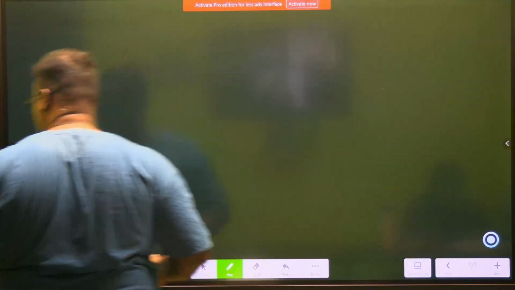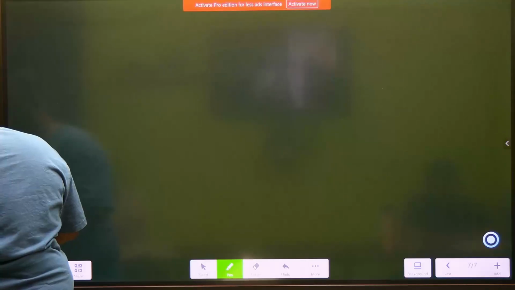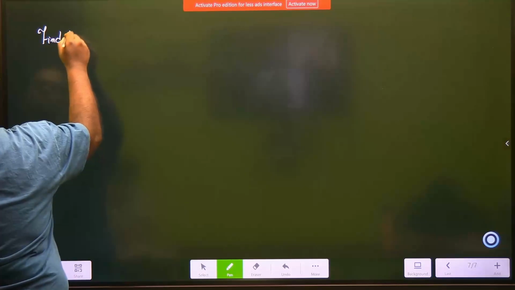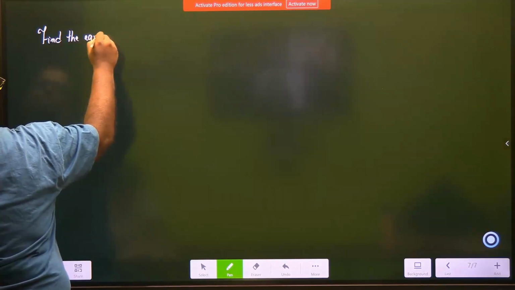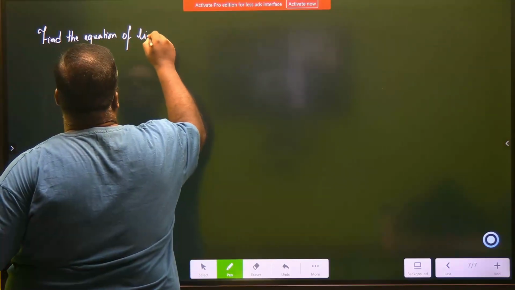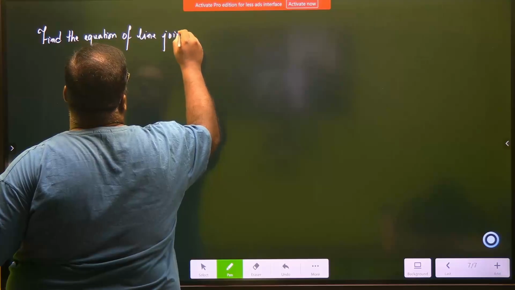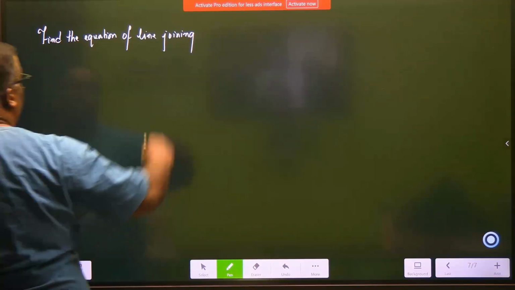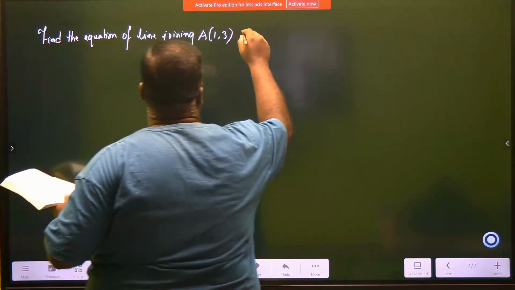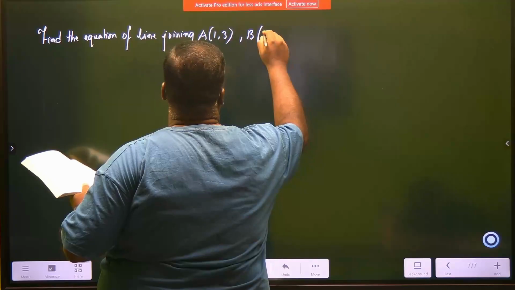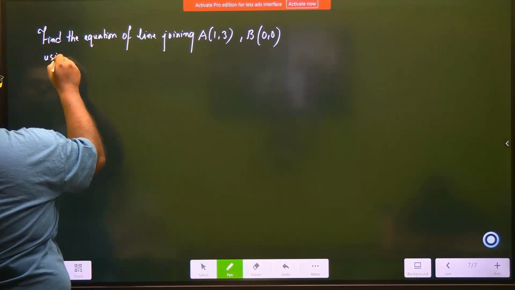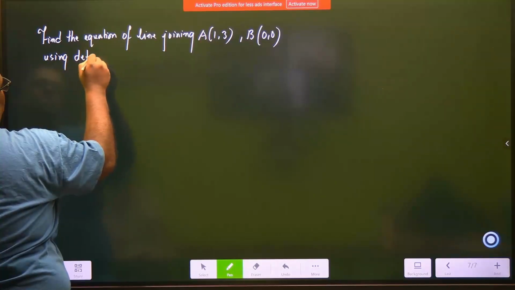See, the language is tricky. That's why I will write the question. Find the equation of the line joining A(1, 3) and B(0, 0) using determinants